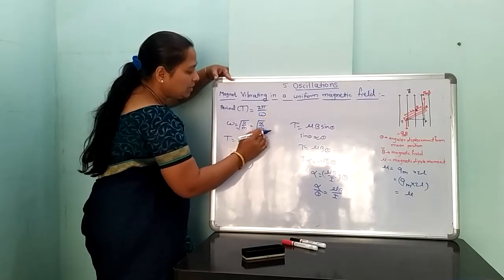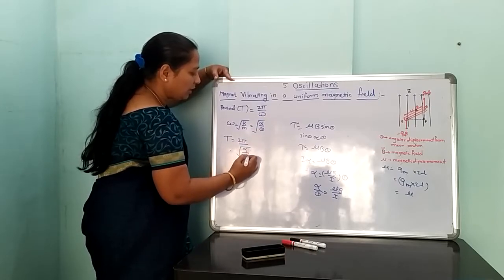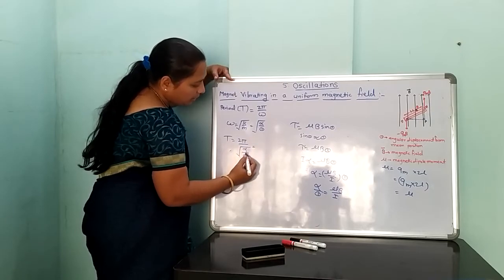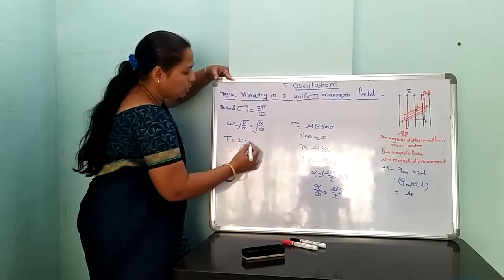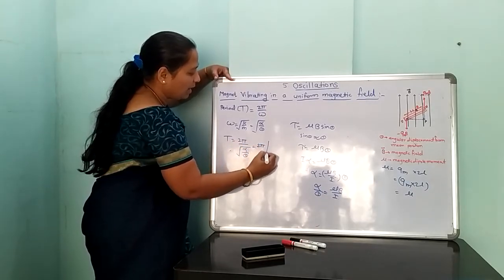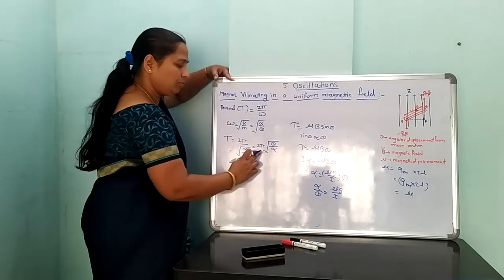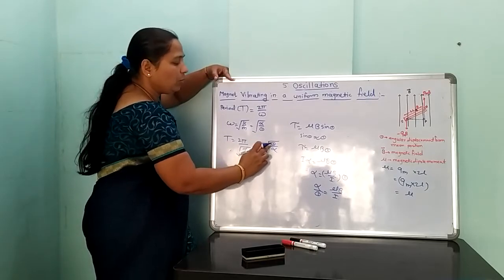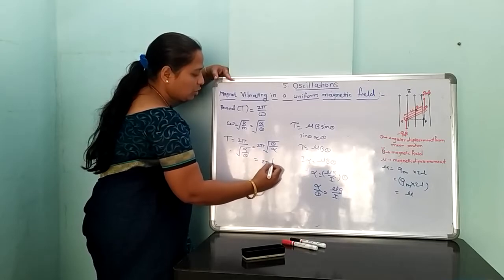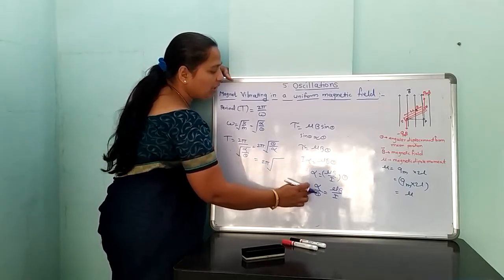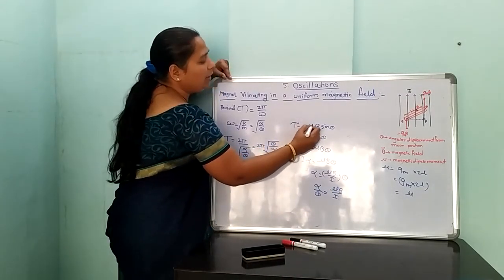Omega means 2 pi upon square root of alpha upon theta. But where theta is in the denominator, it goes to the numerator. Therefore, T is equal to 2 pi square root of theta upon alpha. Therefore, 2 pi square root of alpha upon theta is equal to mu B upon I, where B is the magnetic field induction,